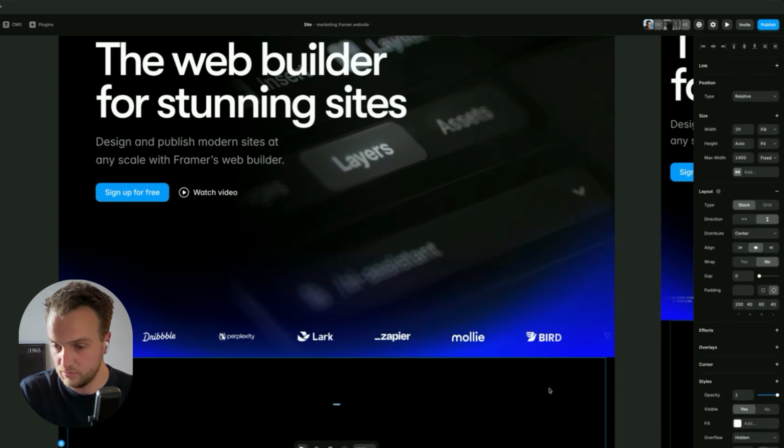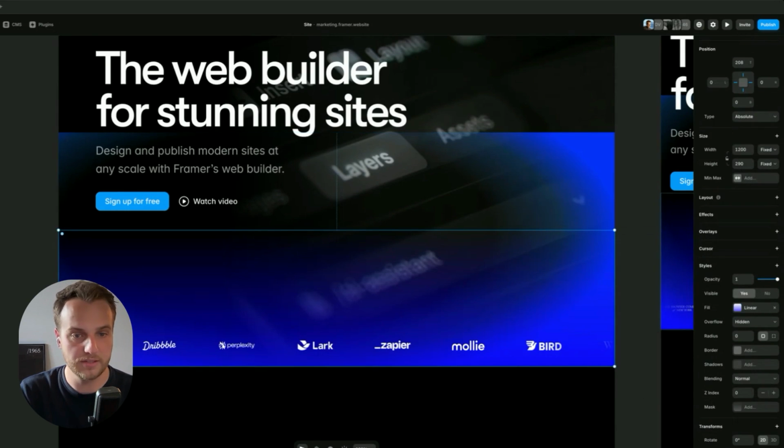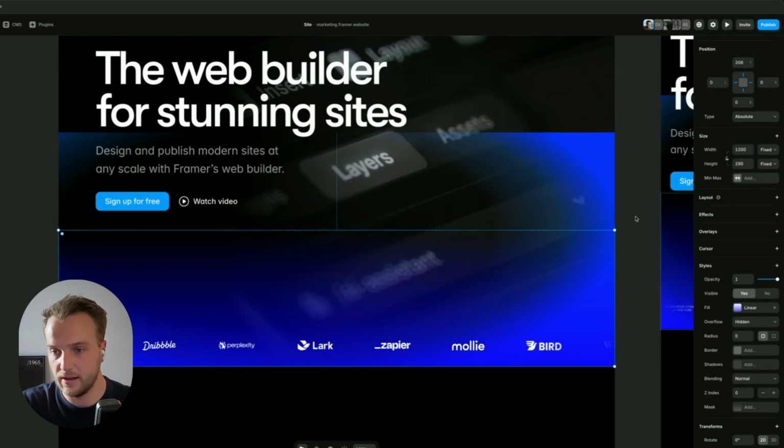But like I've shown before, if you don't have that mask feature on there, it's going to look a little bit more like this. But that's where I combine linear and radial gradients with the mask. So you can do more with gradients if you combine them with the mask feature that we have.